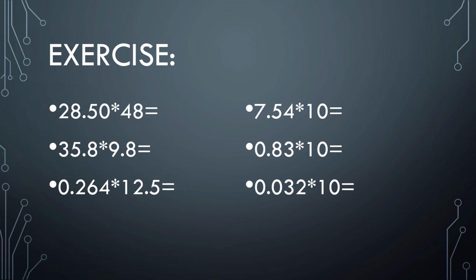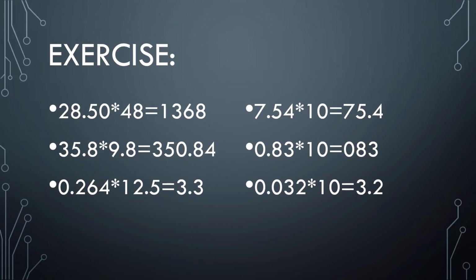Now we have seen how to multiply. Now I'll show you the answers to these questions. 28.50 multiplied by 48 is equal to 1368. Here you have to put the point in between, but if it's a 50, you can directly multiply it, and you get this answer. 35.8 multiplied by 9.8 is equal to 350.84, and 0.264 multiplied by 12.5 is equal to